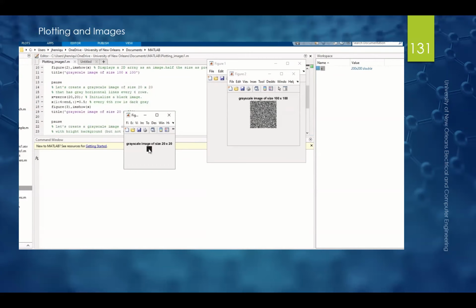But we're introducing sort of whitish horizontal lines in between the dark image. So we initiate the matrix as zeros again, just a black square 20 by 20, and then from every fourth line, we're changing the pixel color intensity to half. So that makes it not exactly white, but sort of dark gray between those darker